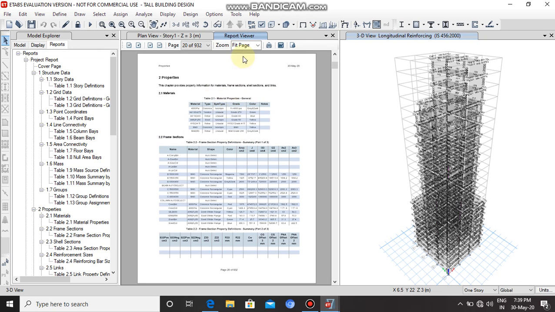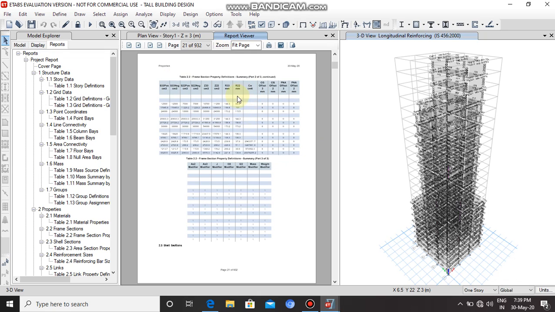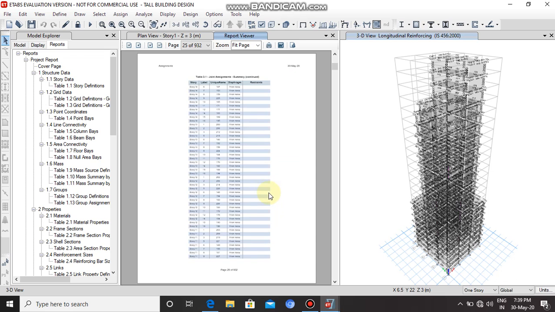Information like the load patterns, the section dimension, analysis result, etc. of building elements are all given in this report.